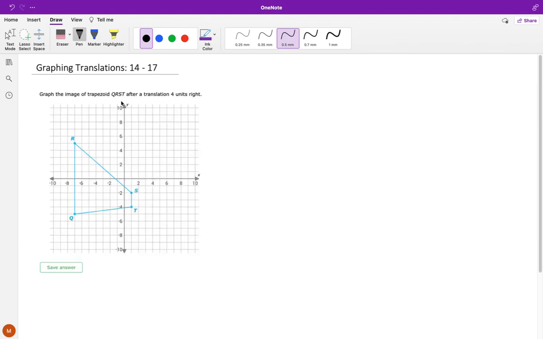All right, so when we talk about translation, you need to understand what right, left, up, and down mean. When we say right, we're moving in this direction. What is the only variable in our coordinates of x and y that gets changed when we move right? If we're not moving up or down, the y's don't change. So when we move to the right, we add however many we're moving to x. If we move to the left, that's moving towards the negative numbers, so we will subtract